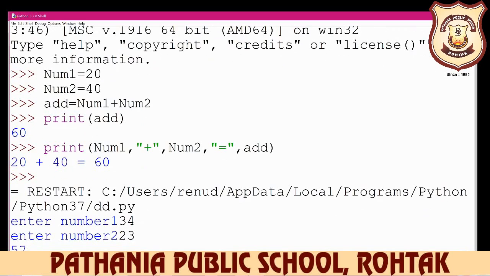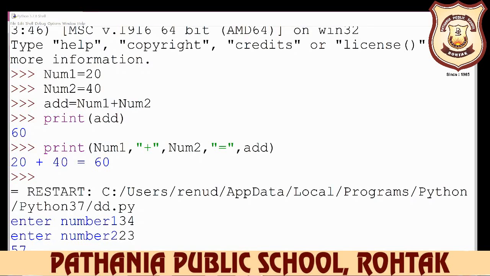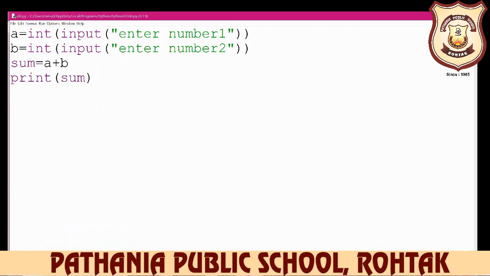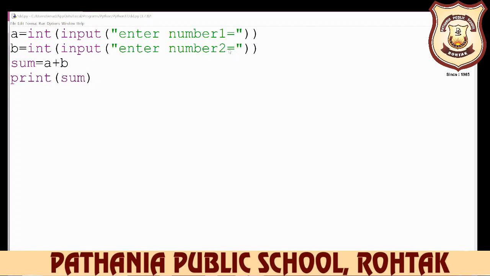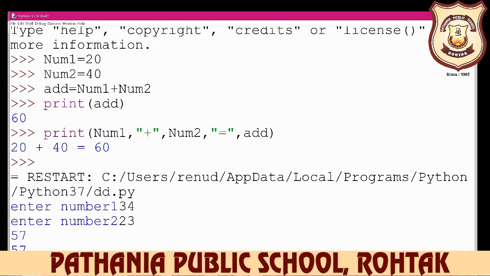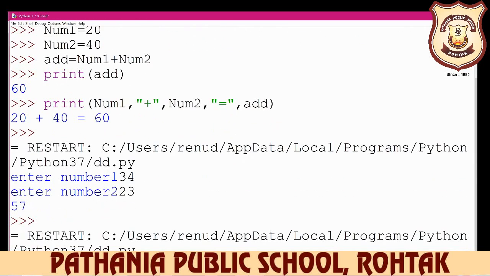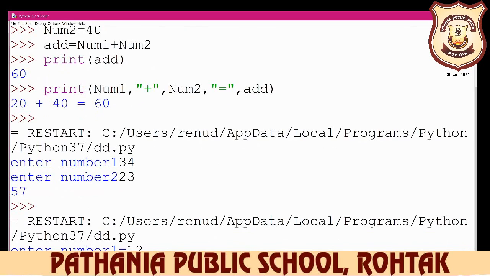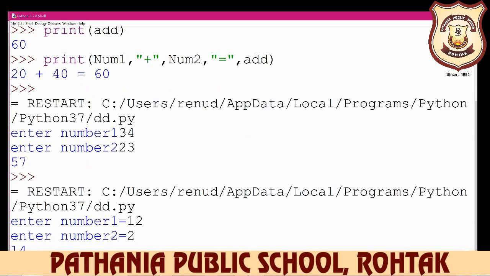But you see one point is missing here, the equal sign is also needed. So write the equal sign here. For writing the equal sign, you again open the script mode, and you write only the equal sign, just that. So you write the equal sign here, again save it and run your program with F5. And now again it wants you to enter the first number, so you write the first number as 12, then it wants the second number, so you write, for example, 2, so our answer is 14.